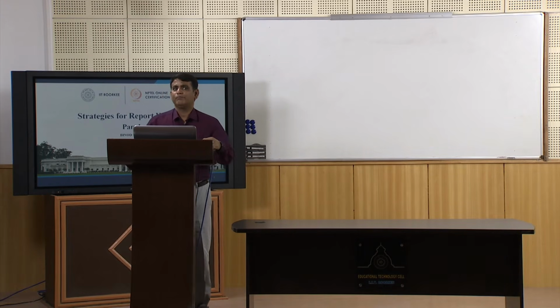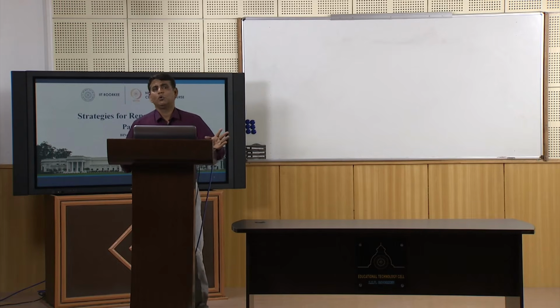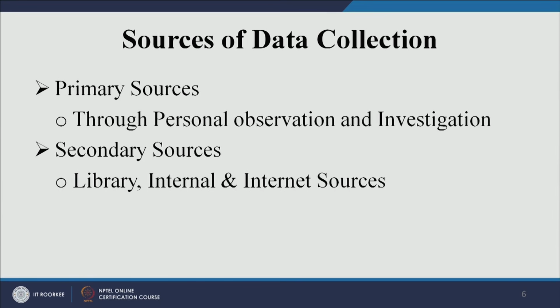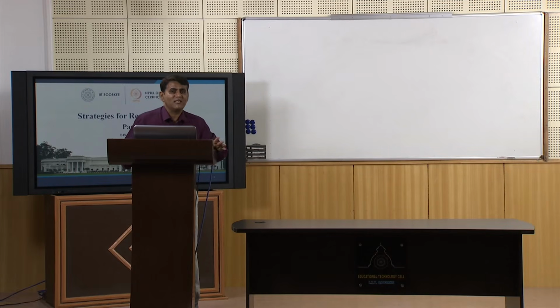That is the question. Sometimes you are provided with the data, sometimes you do not have the data, you have to work out the data, you have to find out the data, but then sources are available. Now, what are the various sources from which you can have the data? You can have data either through personal observation. There are various ways of data collection, but initially the first step